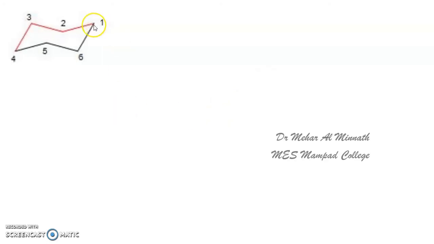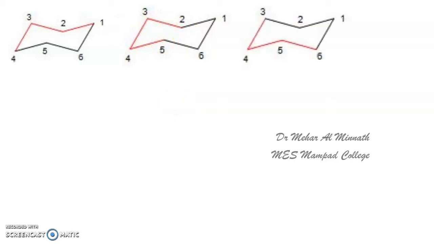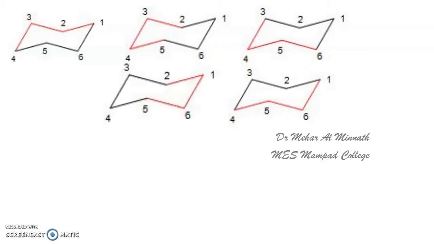Now, the one gauche butane unit is formed from carbon 1, 2, 3 and 4. These 4 carbon atoms form a single butane unit. Another one is 2, 3, 4, 5. So these 4 carbon atoms form another butane unit. Similarly, 3, 4, 5, 6, 4, 5, 6, 1, 5, 6, 1, 2 and 6, 1, 2, 3. So these are the 6 butane units which are seen in unsubstituted cyclohexane, and every butane unit is gauche in